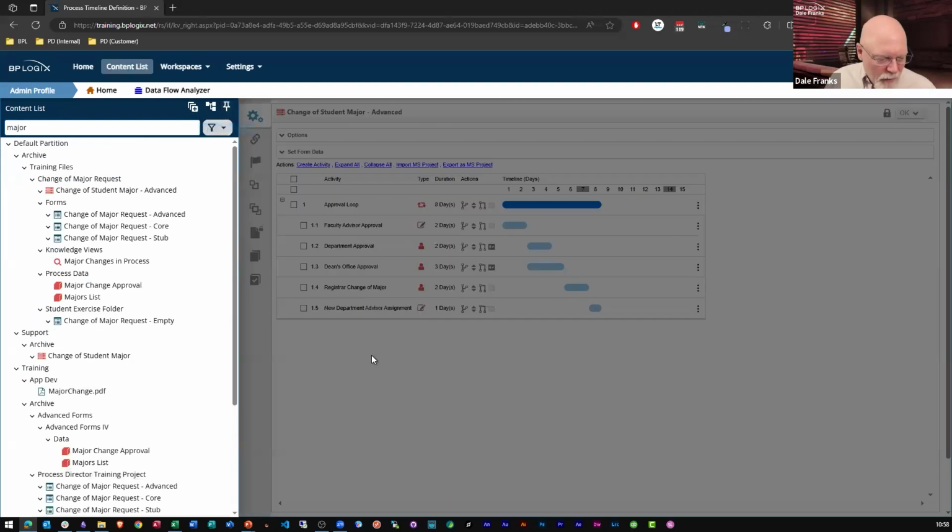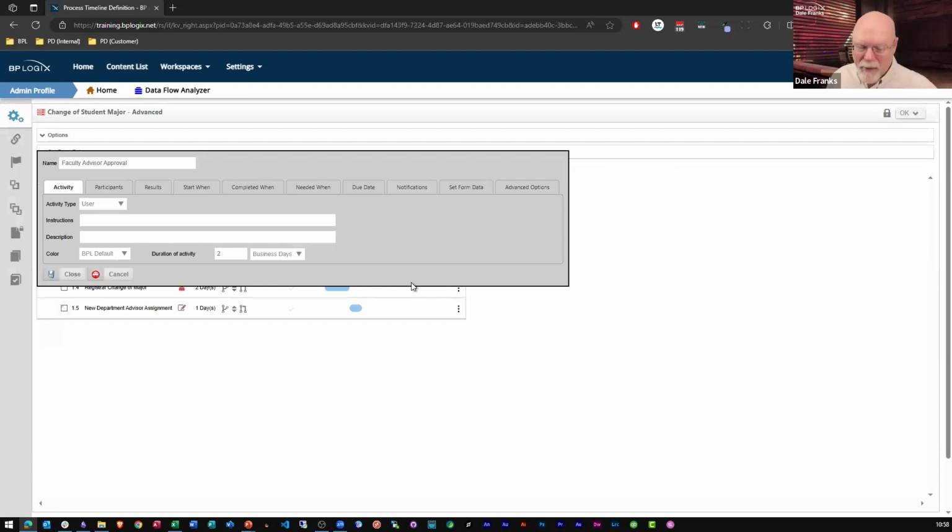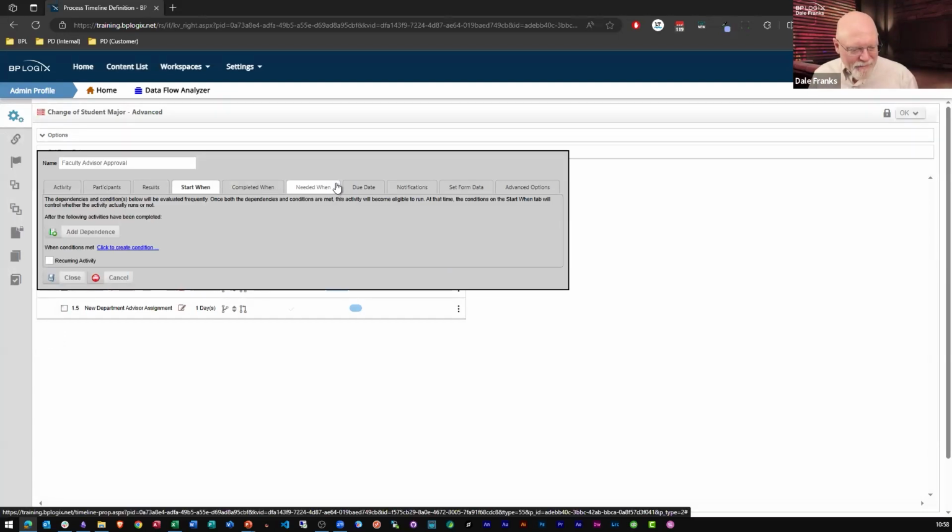All right, so this is what I'm going to see in Process Director. Look, this is fine. I know what this is. I know what it means. I know that I can double click on something here and it's going to pop open my properties and I can go through all of these properties.